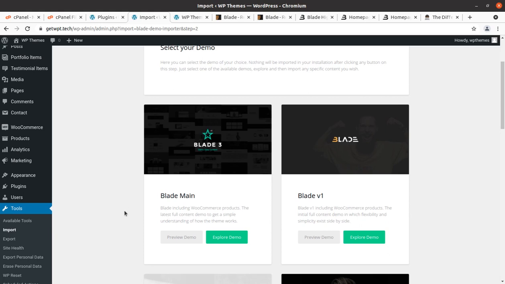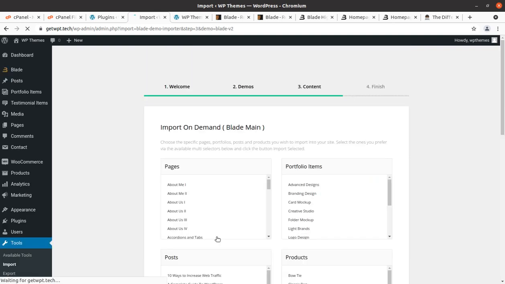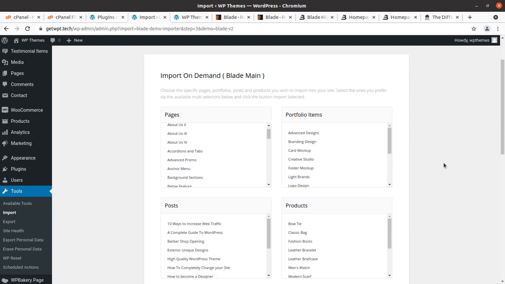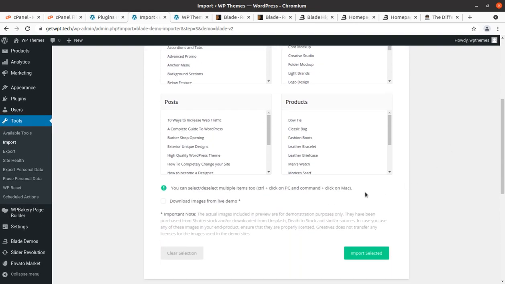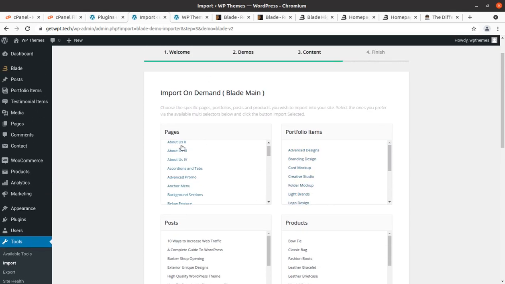I am choosing the main demo as the explore demo. I am going to check this, and this is in fact a screen to select what pages.